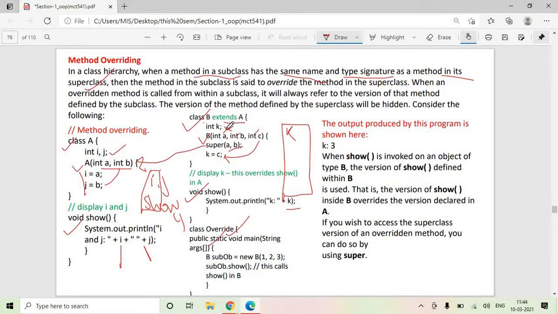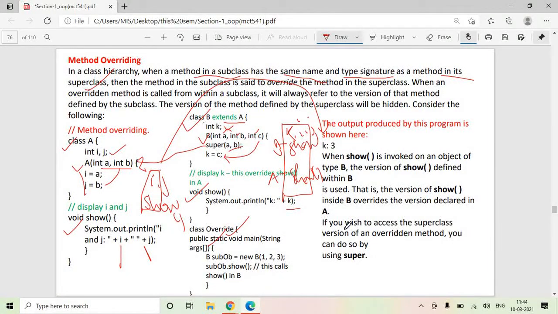The k variable and this B class's show function. Now B is not a normal class, it is inherited from class A. So the features of class A will also be inherited here. I and J will come here. They are not declared as private, so they will come here. This show, A's show function will also come here.